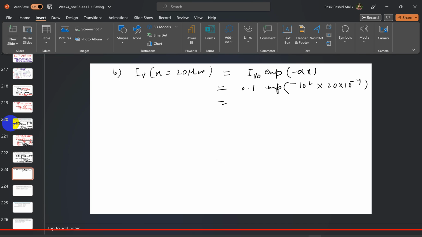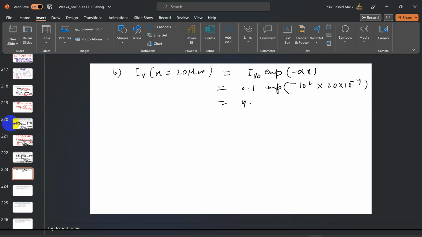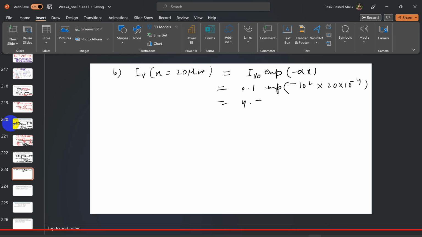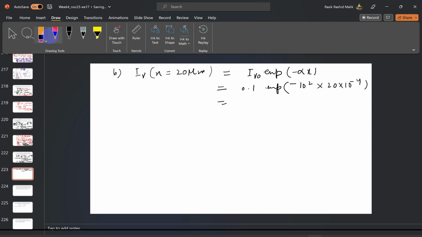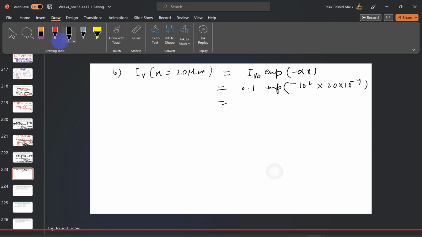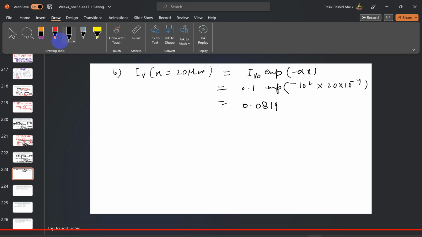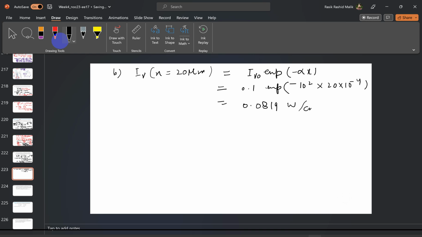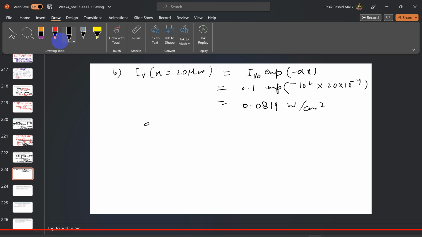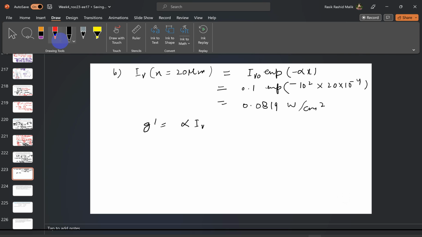So that is equal to, that is coming out to be equal to 0.0819 watt per centimeter square. So you see the intensity will decrease as the x will increase. Now the generation rate will be equal to alpha IV at this x equal to 20 micrometer